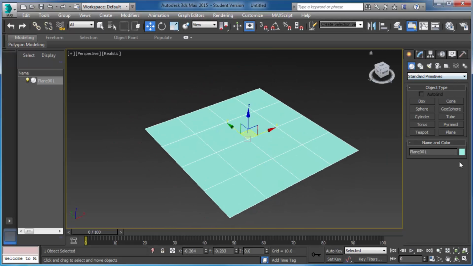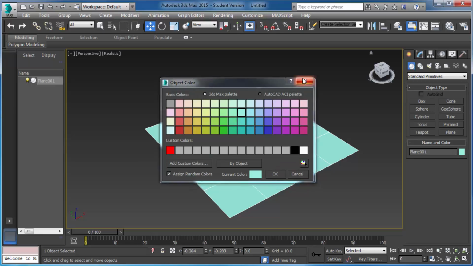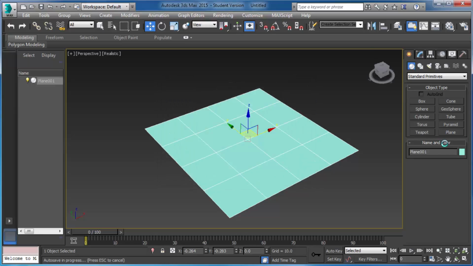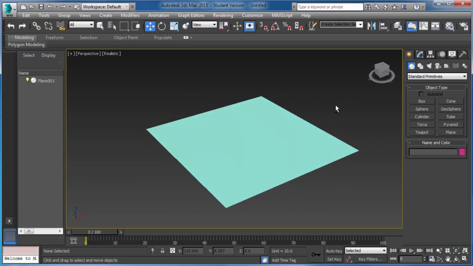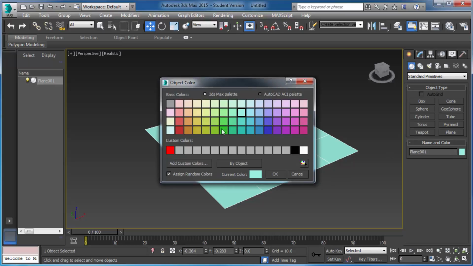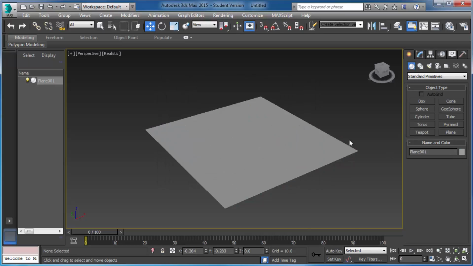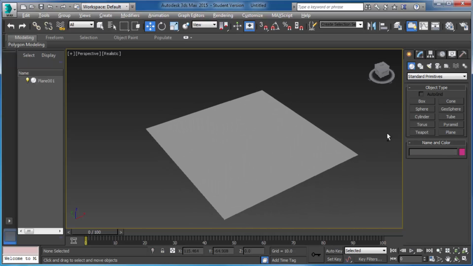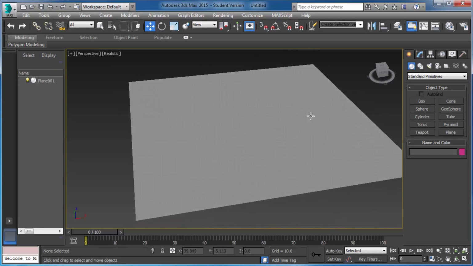So we got the plane. Let's go ahead and change the color, and you can change the color by coming over here where it says name and color. When I first started out using the software, I always thought that was like a color ID, which I mean it sort of is, but I didn't know you can click it and it'll actually change the color. So we're just going to make it gray,